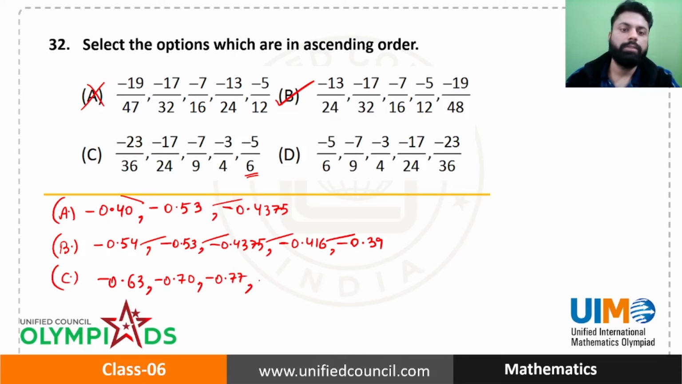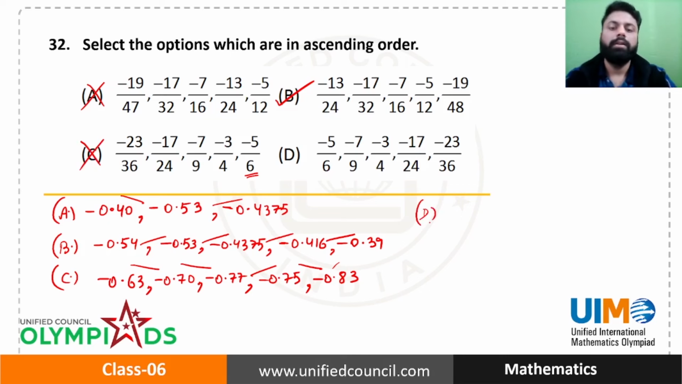Then 3 by 4 is minus 0.75. And then 5 by 6 is minus 0.83. So see, 63, 70, 77, but then 75. Basically, I'm talking about the part. So here, the value is decreasing, decreasing, decreasing, but then over here it increases and decreases. Not the correct one. If you talk about the part number D,